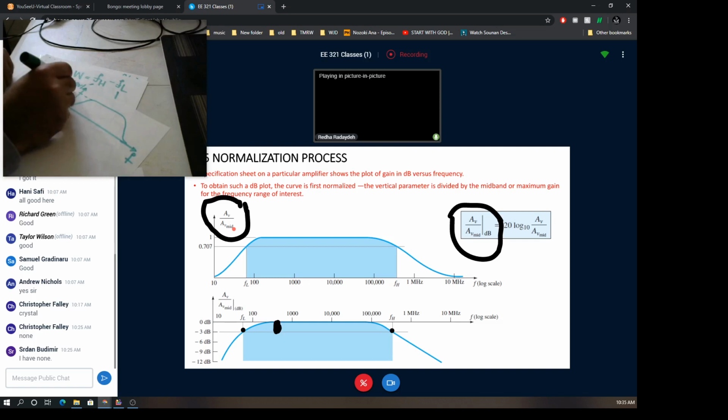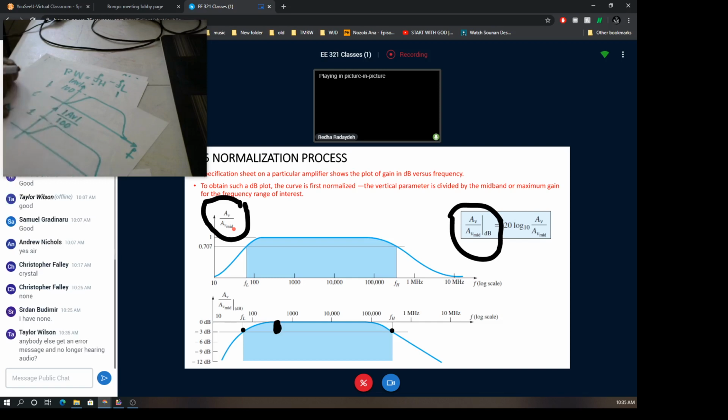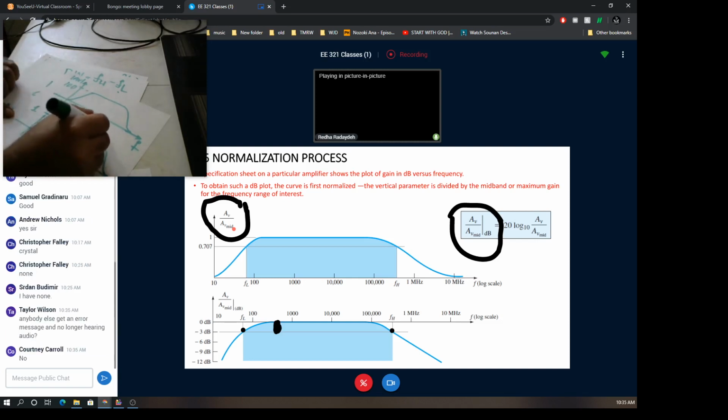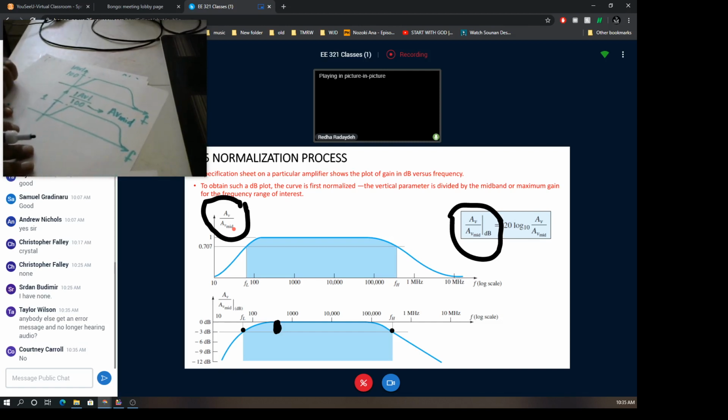What you can do is resketch the same frequency response without changing anything, but with the maximum value normalized to unity. And in this case, the y-axis, the AV, would be the AV magnitude normalized by the maximum 100. Okay, and this 100 in this case would represent the voltage gain at the mid-band, AV sub-mid, which is the maximum value. Okay,